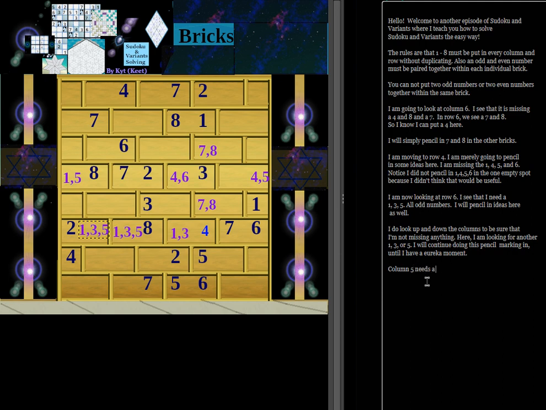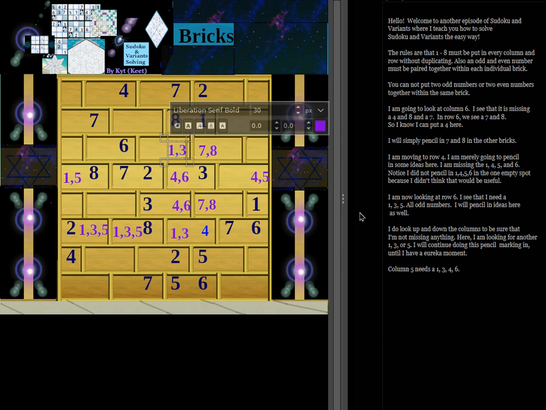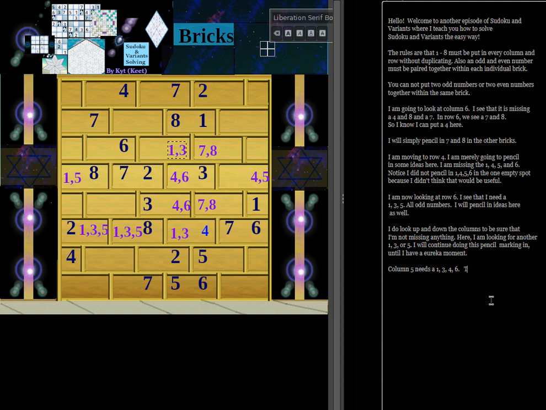Column 5 needs a 1, 3, 4, 6. The reason why I only put in 1, 3 in that upper box is because I can only put 4, 6 in with the 3s bricks. I can't have 3 4s or 3 6s. So